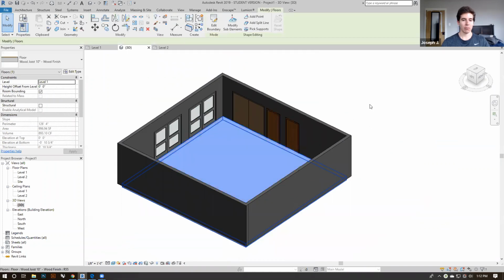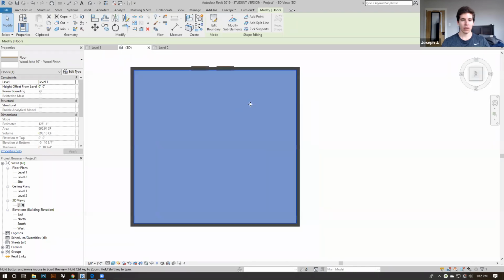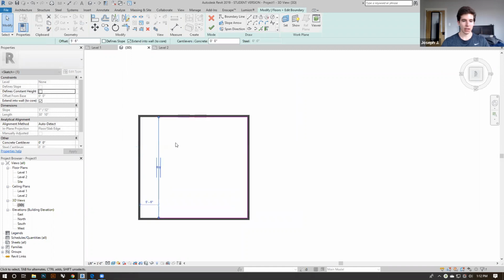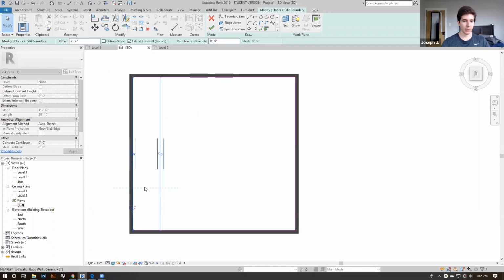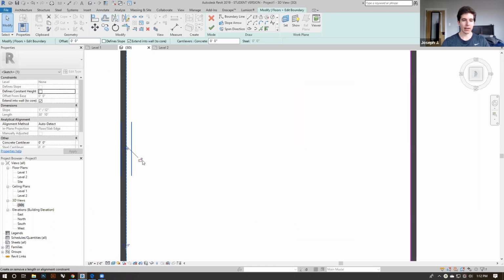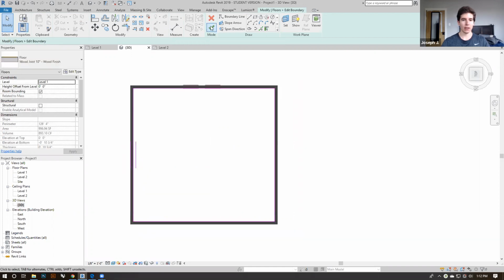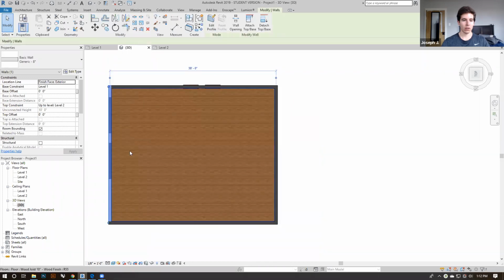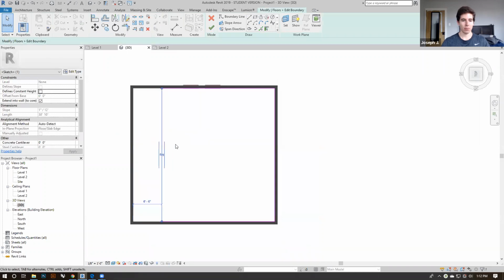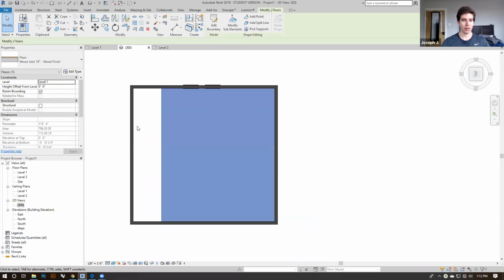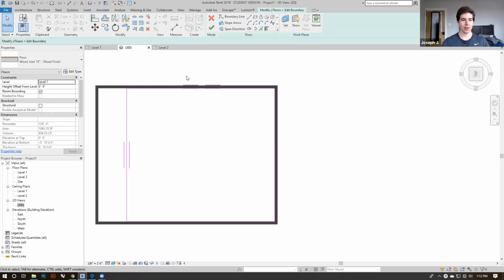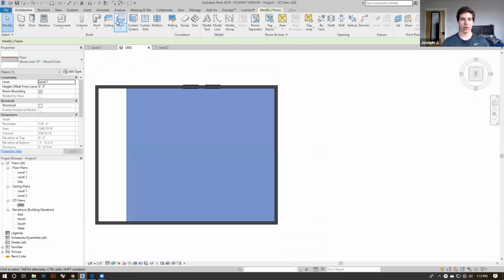If I wanted to make the floor not move with the wall, I could go to edit boundary and click on one of these. And usually there'll be a small lock. Oh wait, it was there for a second. A little lock. And if I don't lock that, you'll see that when I move the wall, oh wait, it actually did do that. Move that away. I think it's because I made it with that, but if I made another floor right here,